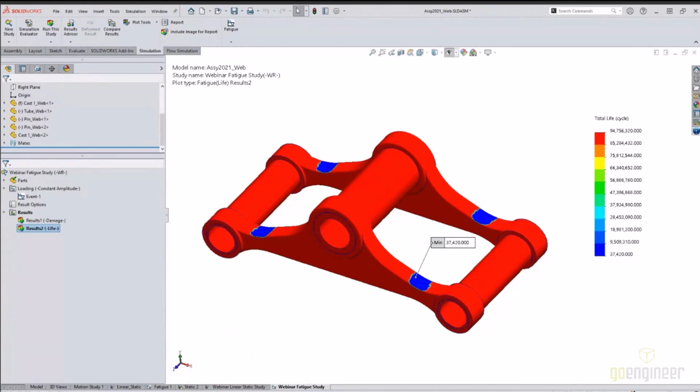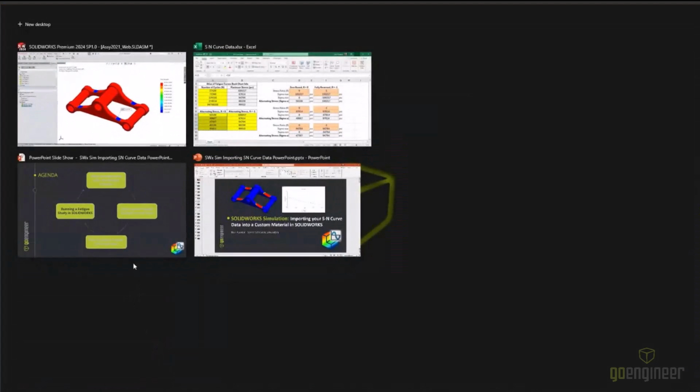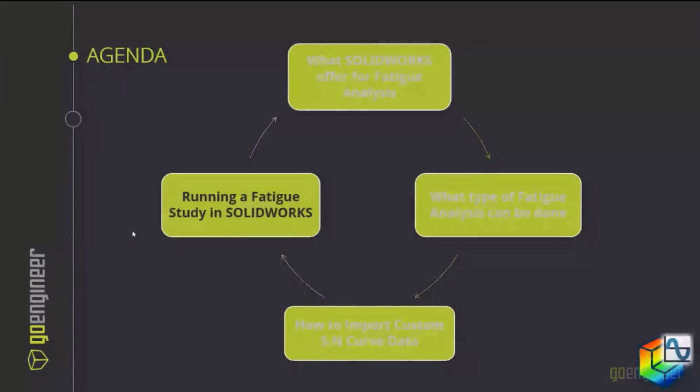All right, well, going back here. Well, that was really it. I was going to show you for the webinar today for fatigue analysis, bringing in your own custom SN curve